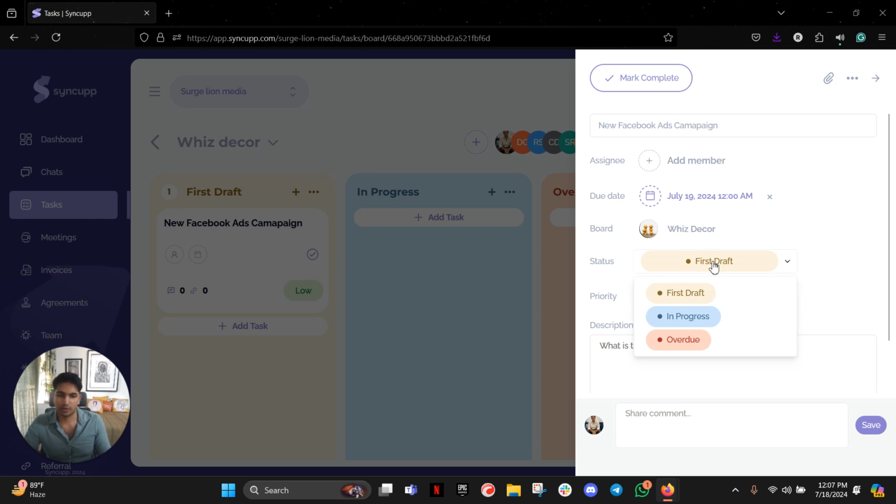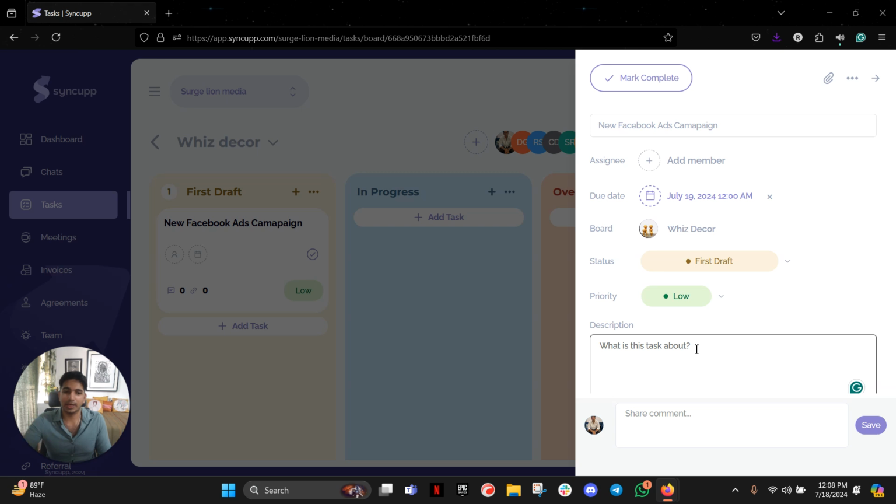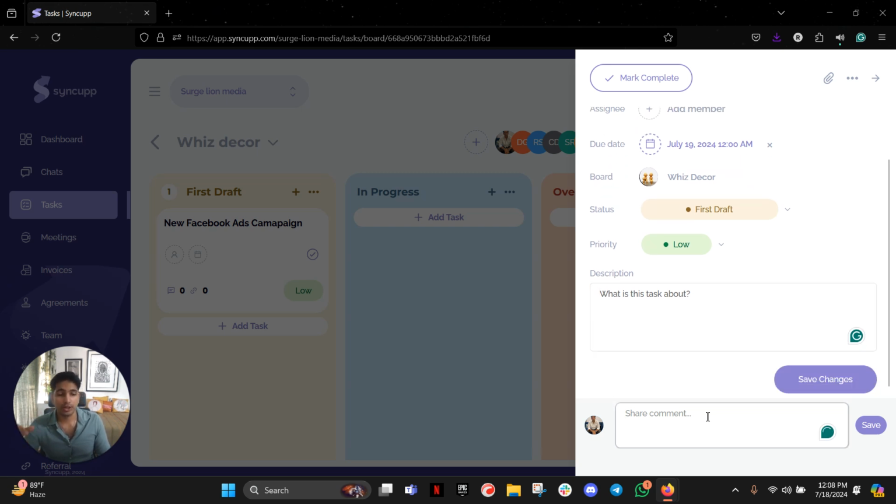You can choose the status from here. You can give it a priority, so low, medium, high, however you want to prioritize it. You can add a description here, for example, add copies, creators, whatever you want to. And the most beautiful thing about this whole dashboard is that you can actually have comments